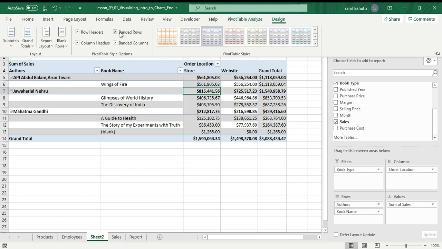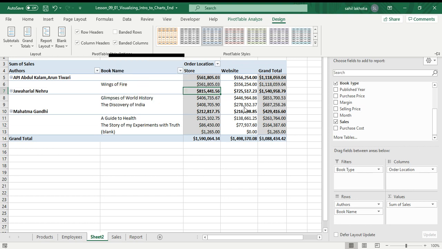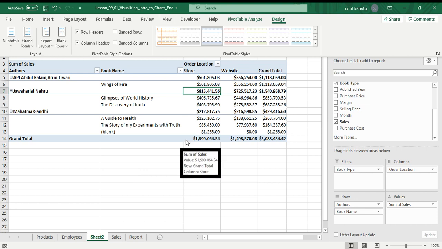Click. See, I want to remove it for rows. I want to show it for columns. See, for columns you have banded columns, black, white, black, white. So that's the way. I don't want it to show everywhere, so I remove it for everything. These are the line colors which you want to show. I want this color, this color, this color. Okay, we are good with the previous color, so I stop it here.